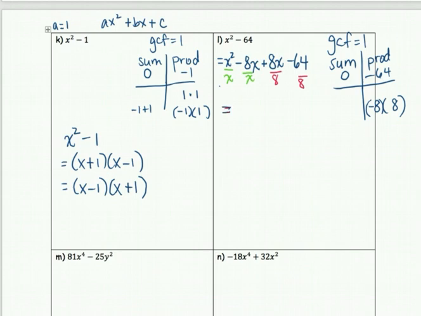Okay, so again, remember this is an a equals 1, simple quadratic. So you could use the trig method here, but we're just going to go through decomposition here. So we have, the x comes out, and then the x minus 8, and then the 8 comes out, and that leaves an x minus 8, and then our final answer